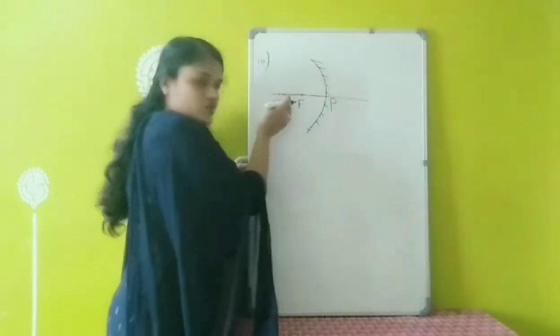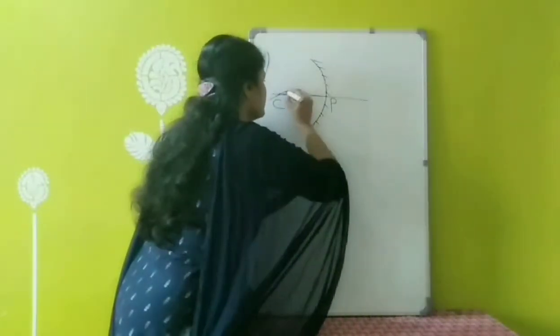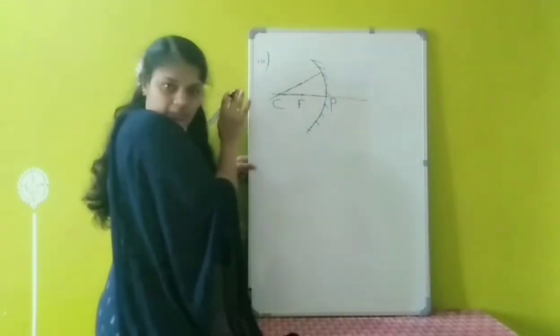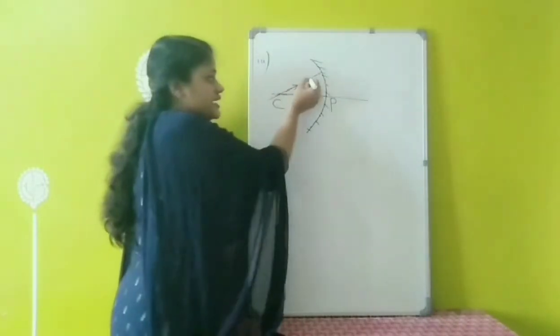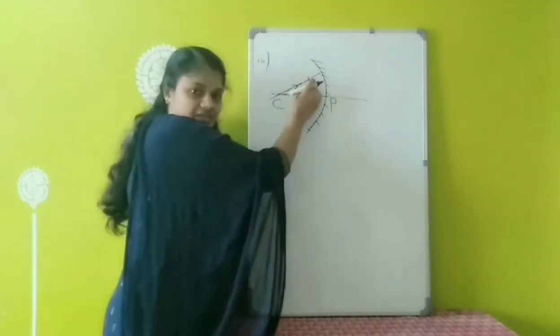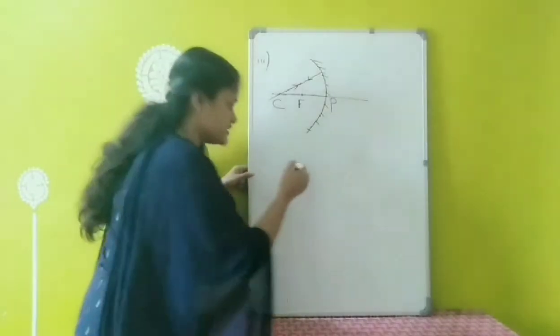Okay. So consider one light ray passing through the center of curvature, passes through the center of curvature and meet the mirror. So what will happen to this light ray? This light ray will be coming along the same path. It retraces its path. Okay. So light ray passing through center of curvature retrace its path. Okay. Similar in the case of which one? Convex mirror.